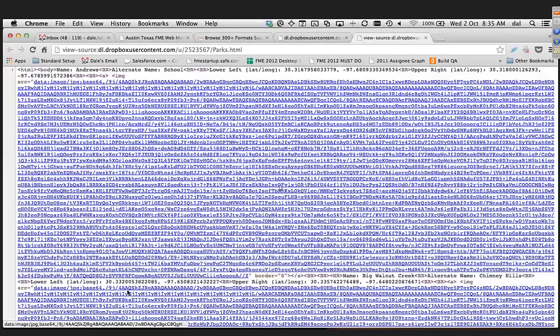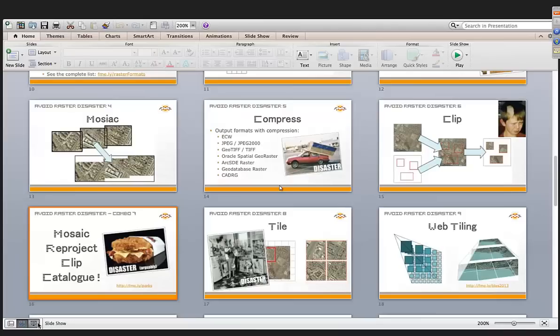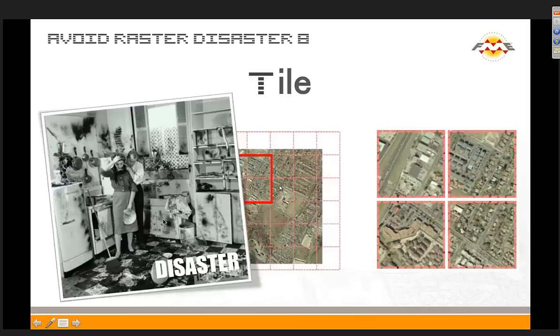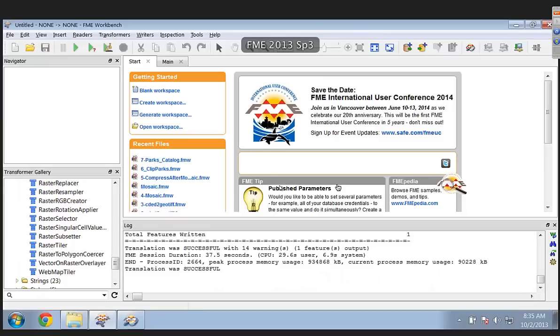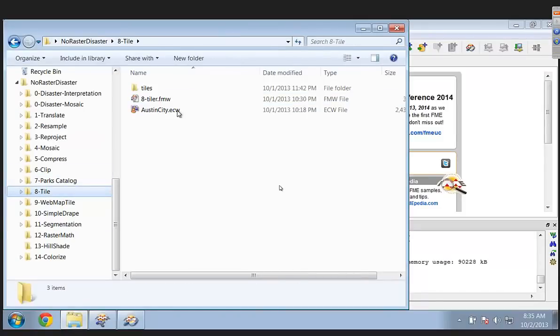There you go, looking at it in the raw form. So let's take a look at what's next. Tiling. Now here's a messy job of tiling. Oh, goodness. What would you say, Dave? Yes. That's not good. There's a lot of work to go on after that. But in general, that's a common thing. You've got a great big image, you're going to chop it into little pieces. And so let's take a look how we might do that. So tile, here we go.